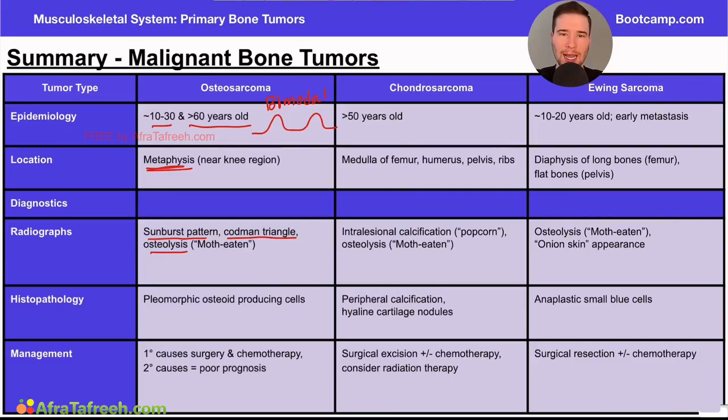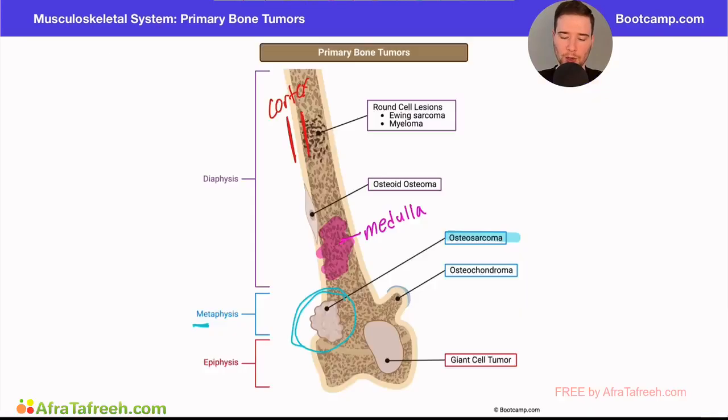So the idea here is that as the tumor expands and grows, it actually causes the periosteum of the bone to lift up. And if it lifts up from a couple different areas, you can get this triangle type appearance. And so again, as this tumor is growing, the periosteum or the outside of the bone gets elevated with it. And the elevation of that periosteum can kind of create this triangle appearance. Additionally, the sunburst pattern is the idea that you get these fibers that grow out with the tumor. And we talked more about this in detail on the actual video. However, this kind of gives an appearance of the sun bursting or kind of coming over the horizon on X-ray